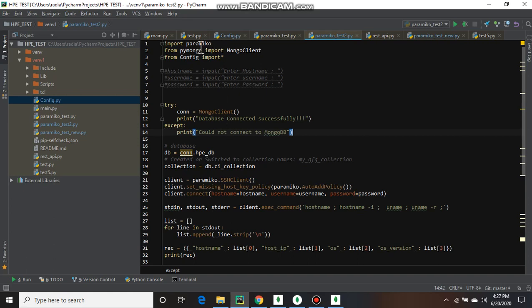I use the Paramiko library to get connected with the target host. I use a username and password based authentication system. You can use SSH key based communication also for security reasons, but as this is just a very simple learning project, I just use username and password based communication. If you are going to use username and password based communication, then you need to declare the function set missing host key policy. You have to declare this line because otherwise it won't work.